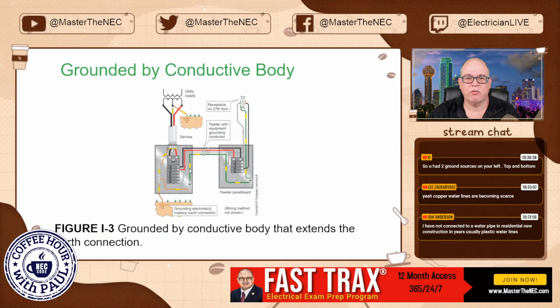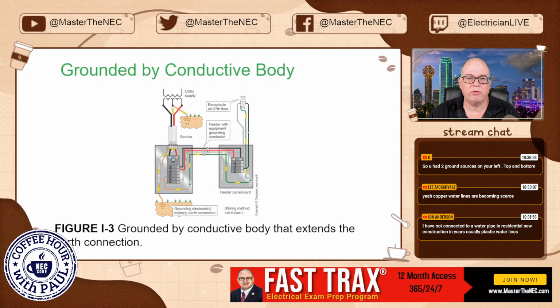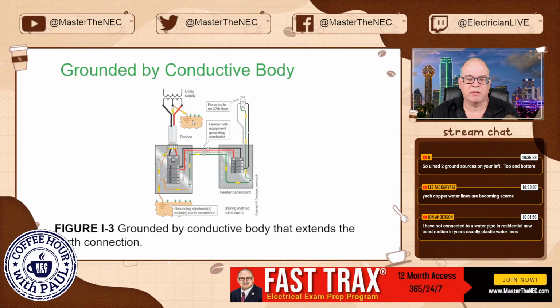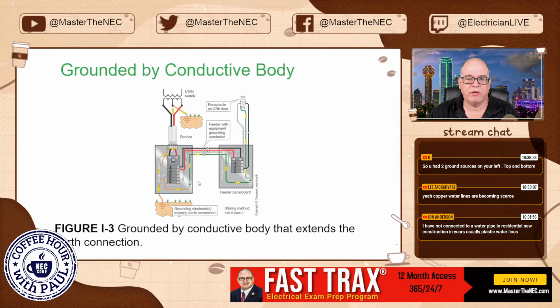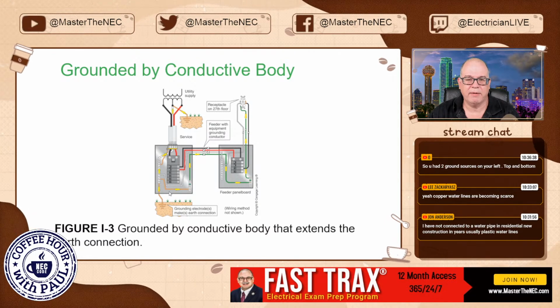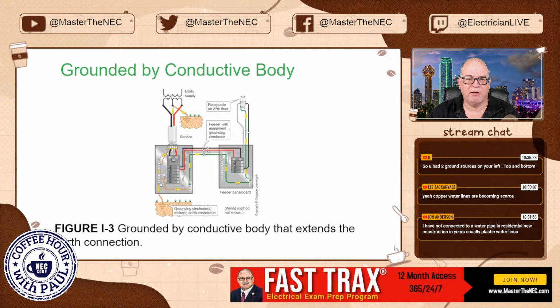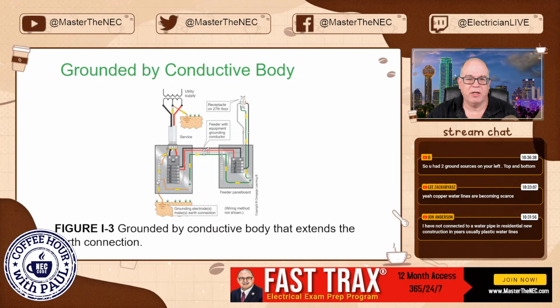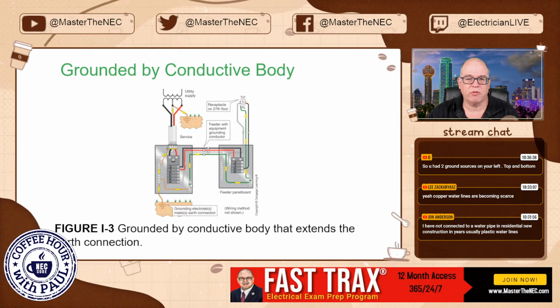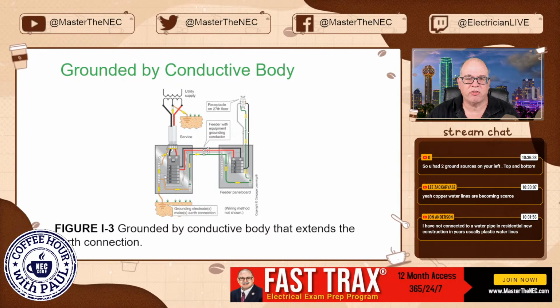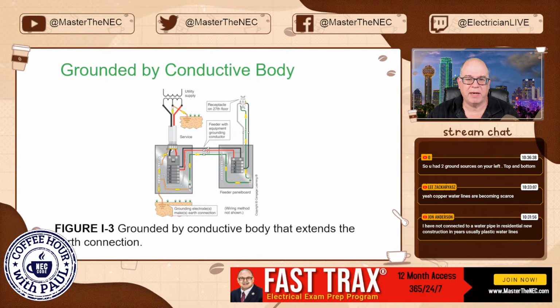So O says I had two sources. This right here is required at the utility. This establishes a grounded conductor. This right here is your grounding electrode that's required at your service. Okay? This one right here is only connected to the cabinet through this main bonding jumper. So there's only one point of connection to the cabinet, and that's right here through this main bonding jumper.